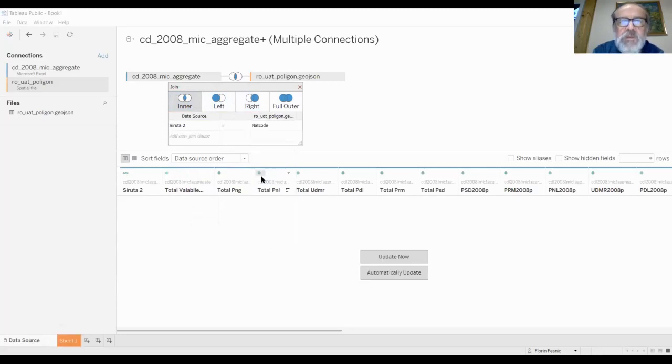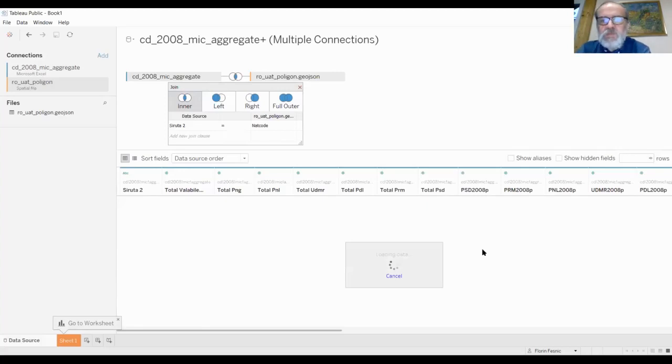See over there. Okay, and now we have to click update, and we must wait a bit. Not too much, ideally, hopefully, but in 10, 15, 20 seconds should be okay.